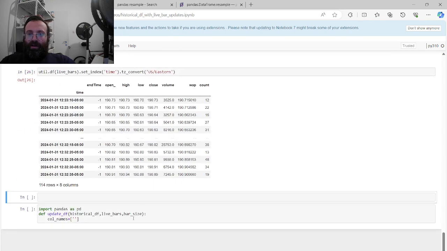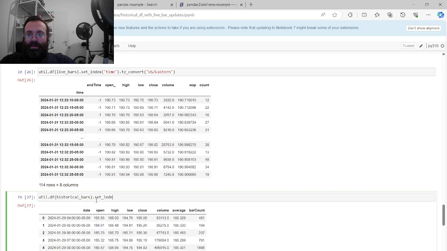So first of all, let's assume that our data frame has date as the index. So our call names are going to be, let's do historical df bars, util.df historical bars